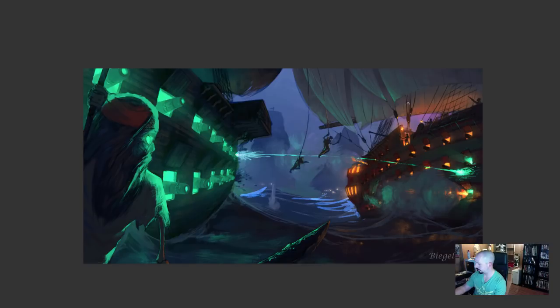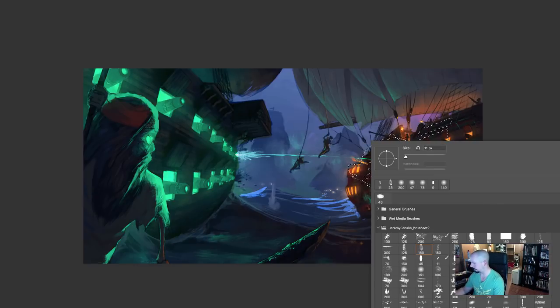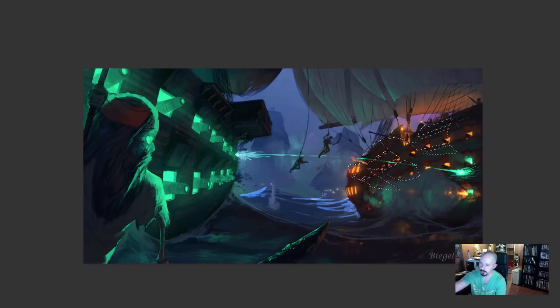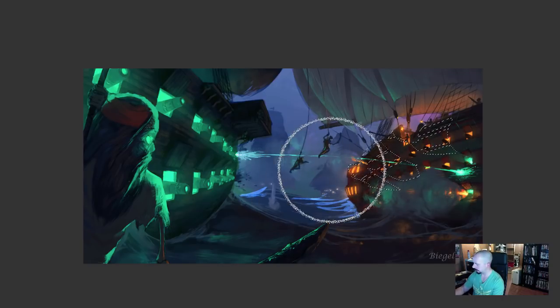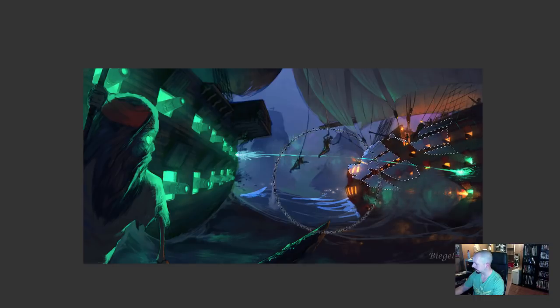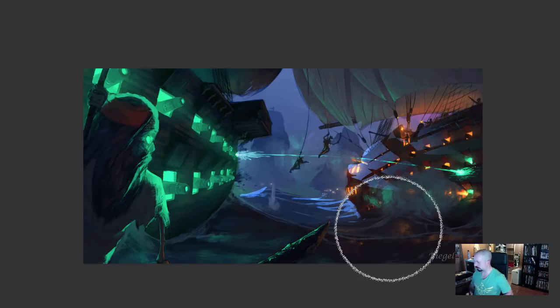And of course you could look at it this way too, since you have a lot of nice colors on these, but you could also think about what would it look like if some of that moonlight was actually coming through some of the sails and hitting parts of this ship. This is a lazy selection, but it's a nice piece. This is just something for you to entertain: what would it look like if there was moonlight coming in and affecting the side of the ship. Again, this is the crudest way to do it.